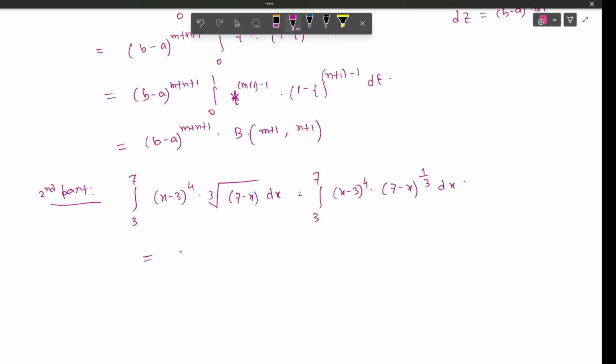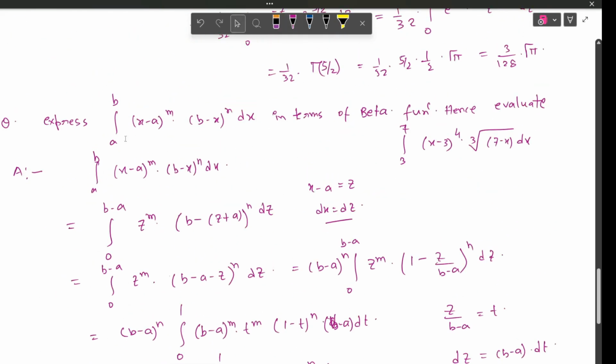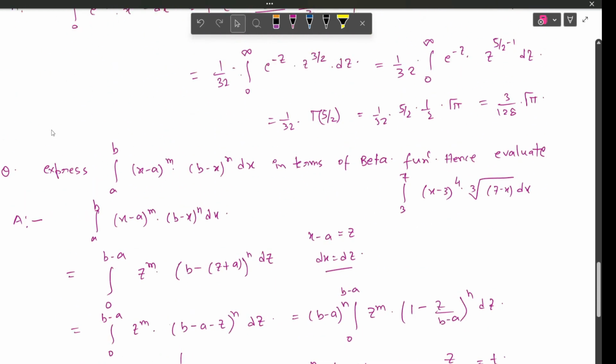So b is 7, because we have to compare with this format, right? x minus a to the power m, b minus x to the power n, and you should compare this thing with this thing. So here a is 3, b is 7, and this is b minus x to the power n. So 7 minus x to the power n. n is 1/3 and here m is 4. And we have just to evaluate this integral